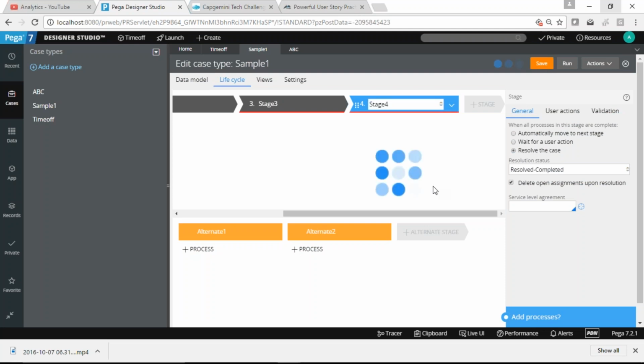In stage 3 you are doing it for some specific business, and in stage 4 you are doing it for some other. You have a single structure for many regions. In this region you are handling the US, in this region you are handling EMEA. US cases will follow stage 3, and Europe business. Does that answer you, Priyanka?